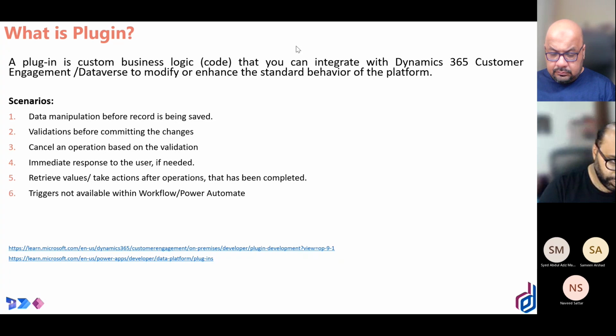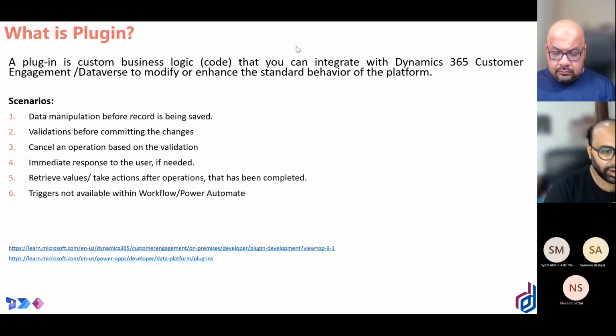There is another scenario where some triggers will not be available in the workflow or the Power Automate flows. So you see, we can do a lot with the process. For example, this validation can also be done with the process. But if I give you an example now, let's say I write